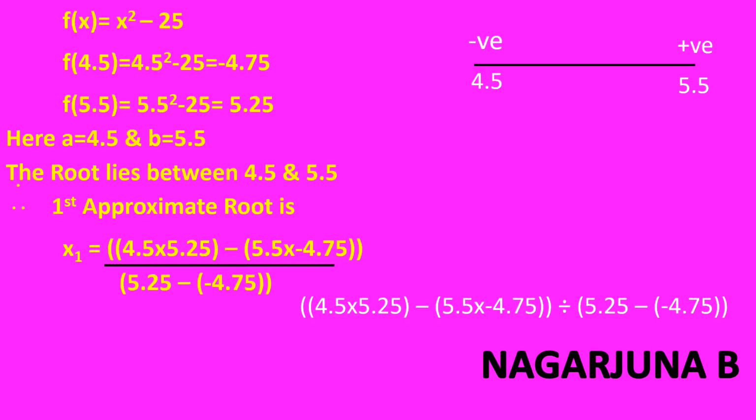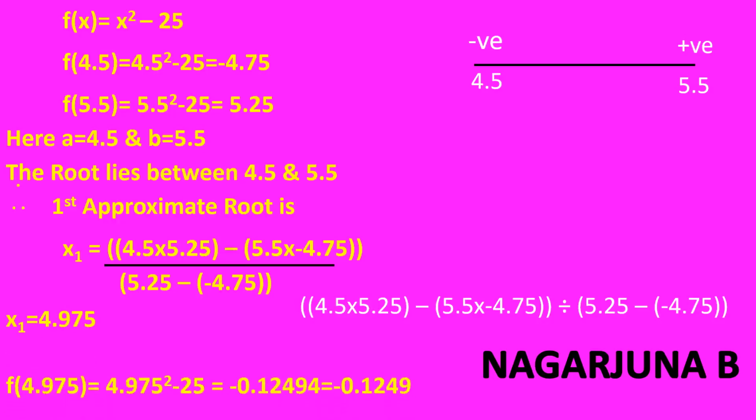We will be having two minus signs, one bigger and another smaller. Use the smaller minus sign, 4.75, close the bracket, divided by, open the bracket, 5.25 minus, open the bracket, again the small minus, 4.75, close the bracket, close the bracket, and upon writing this in the calculator, it will give the answer, and that answer is 4.975. x1 is equal to